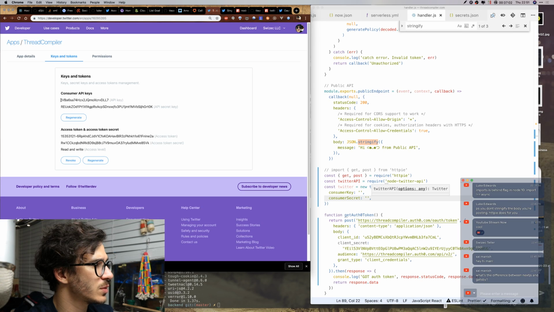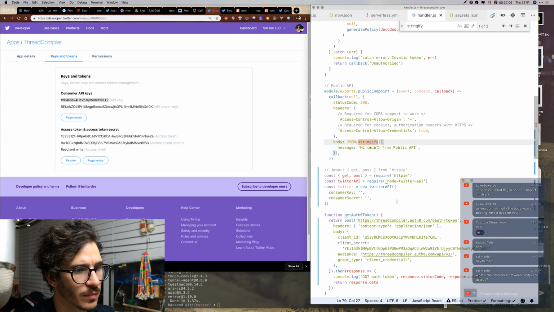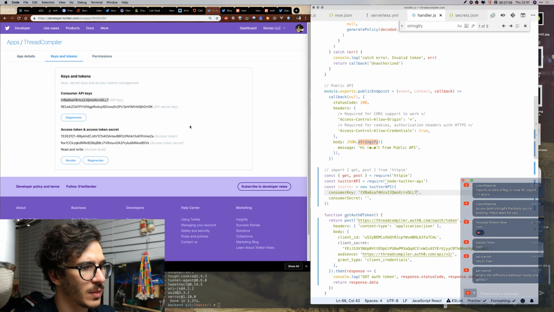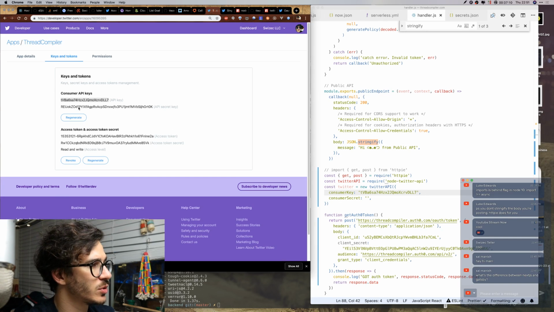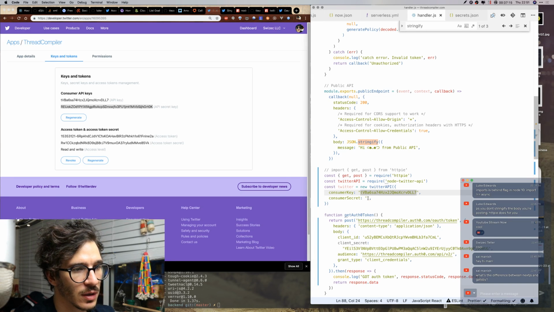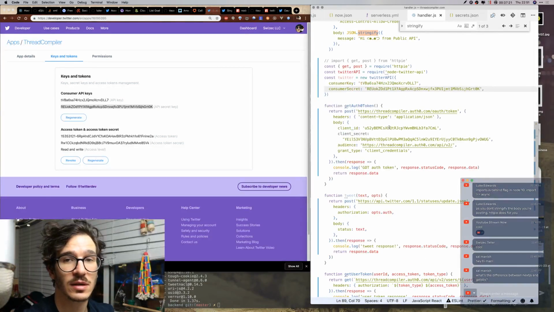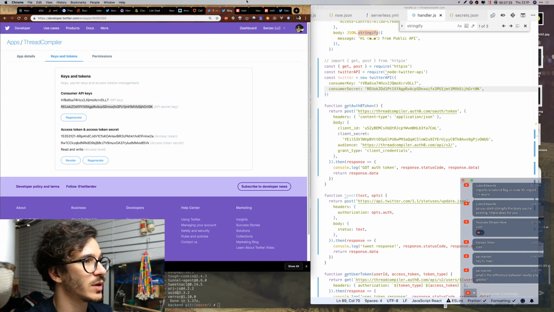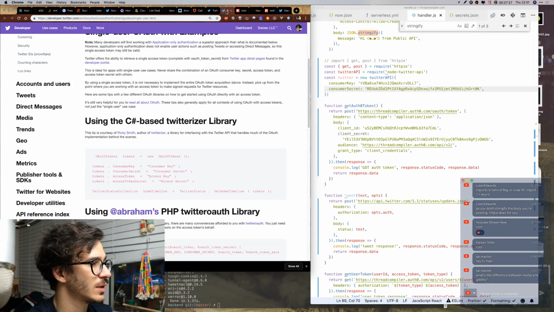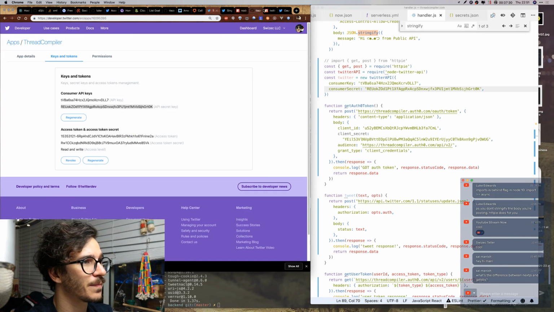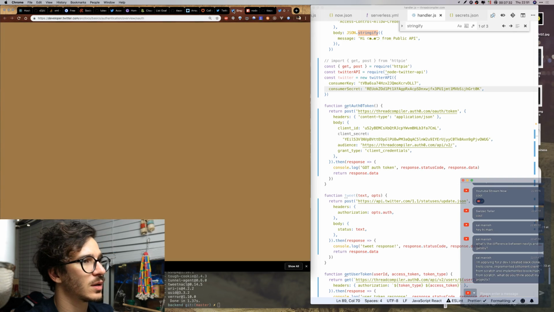So my consumer API key is this one, and my consumer secret, which again I shouldn't be showing all of you, but I'm going to regenerate these before I actually deploy anything. I'm going to regenerate all the tokens so that you guys can't steal my access, and I'm also going to take them out of GitHub, so they're not public. Okay.